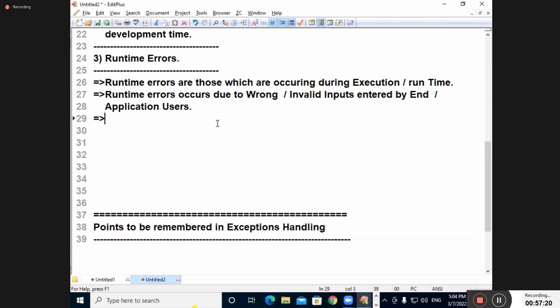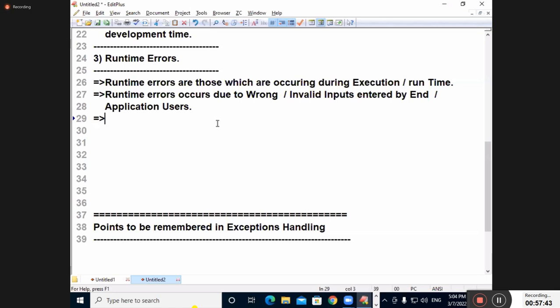That means before we start developing the project, we need to study their requirements, the end user requirements. We will go to the bank. We will talk to managers. We'll talk to clerical people. We'll talk to different people. What are the expectations of those people? What are the mistakes committed by the end user? We will record all those things. We will mention all those things and we start writing the code.